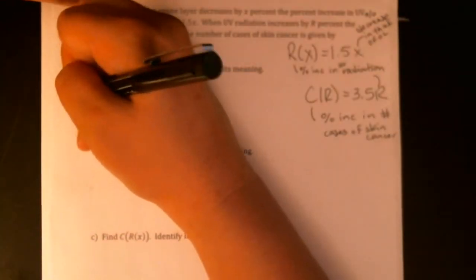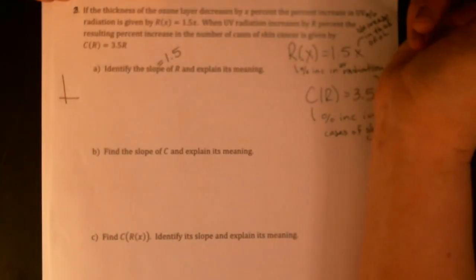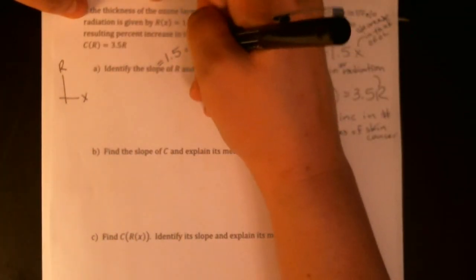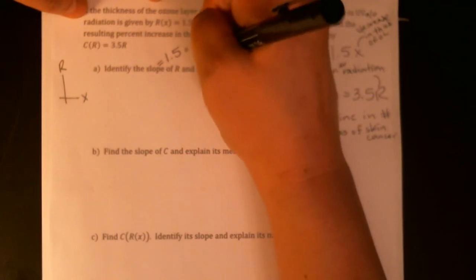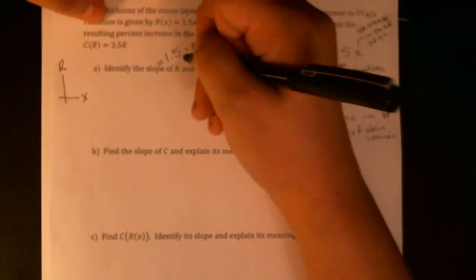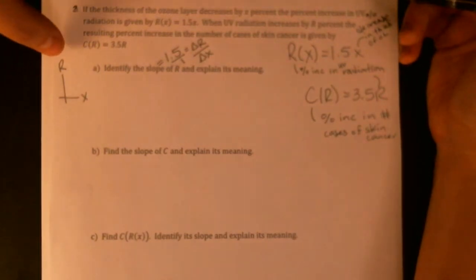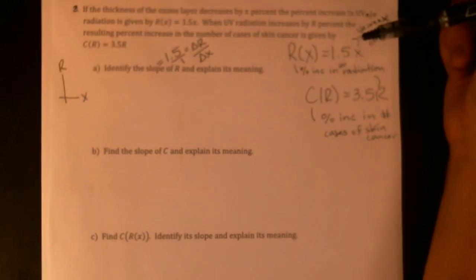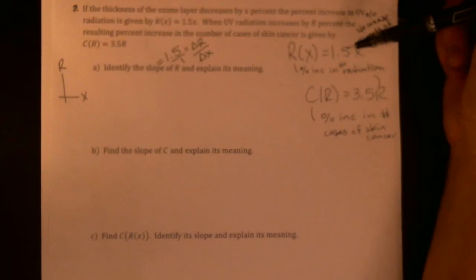And then if we think about this, function R, I draw this little picture for myself all the time when I'm doing slope. This is X's and this is R. So the slope is going to equal the change in R over the change in X. We can even make it a fraction to match up if we'd like to. So slope is always rise over run. So the top of the fraction is going to tell us how much R changes. The bottom will tell us how much X changes. Which means in this case,